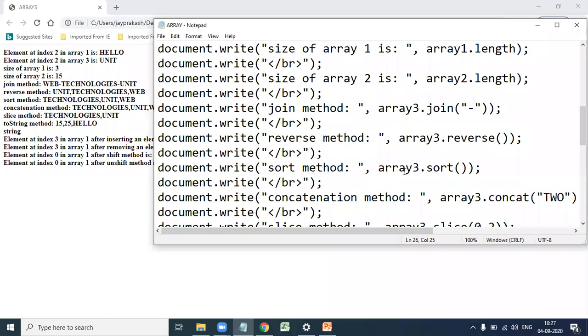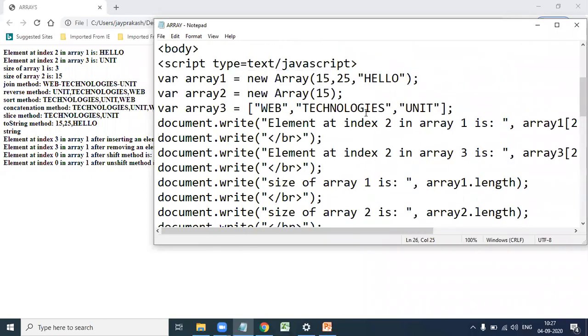It sorts the elements in alphabetical order. After performing the sort operation, T, that is technologies, next U, that is unit, next W, that is web. Sort method gives technologies, unit, web.